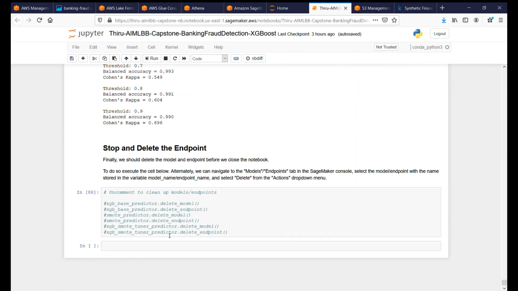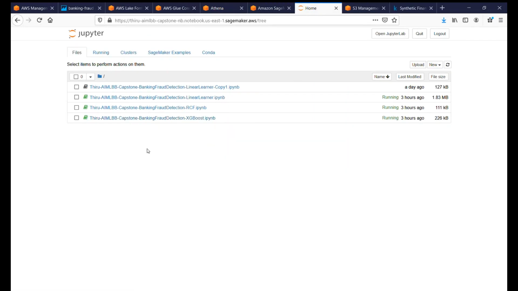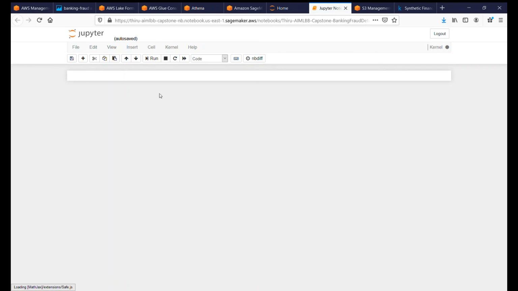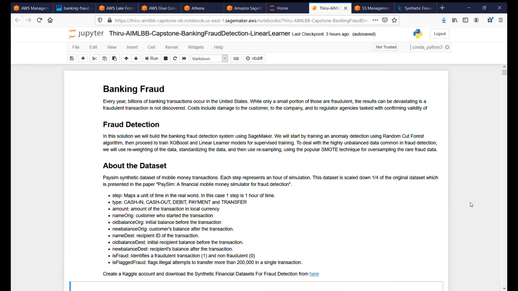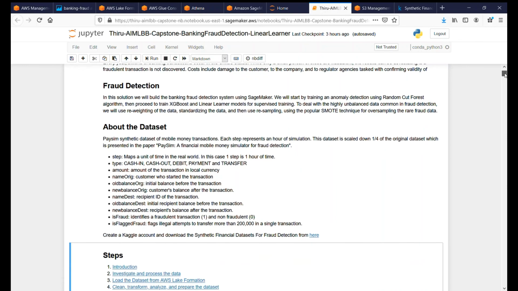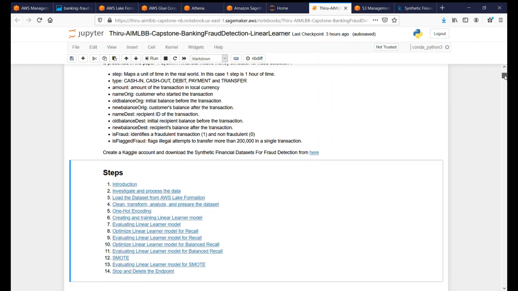Once everything is done, we can run this cell to delete the model and the endpoint. We have to uncomment that if we need to delete it. That's about XGBoost model. Let's go to linear learner model. So linear learner model, also we have created 4 models, one base, and then the second optimized for recall, and third optimized for balanced recall, and then the fourth using the oversampling SMOTE method